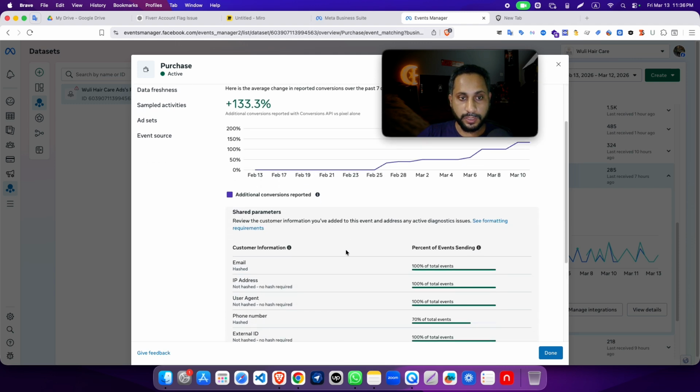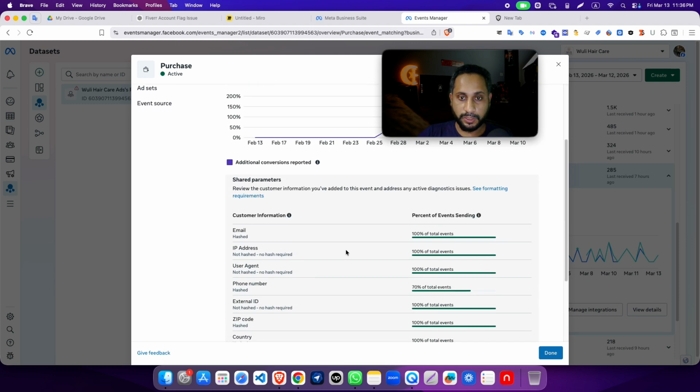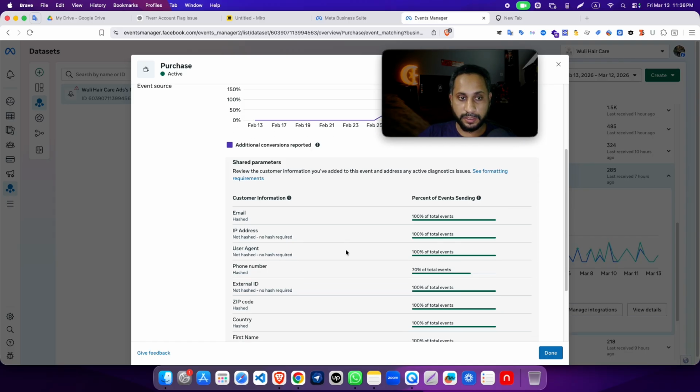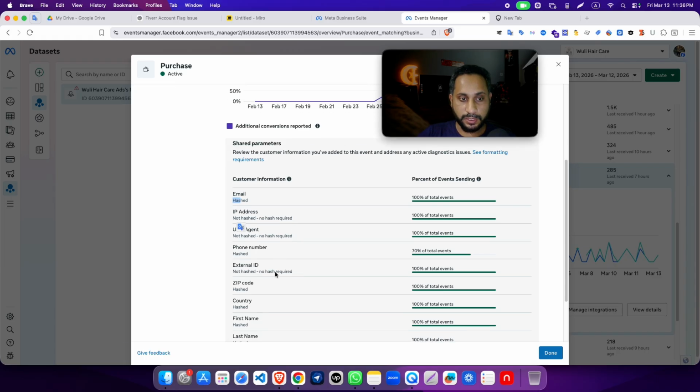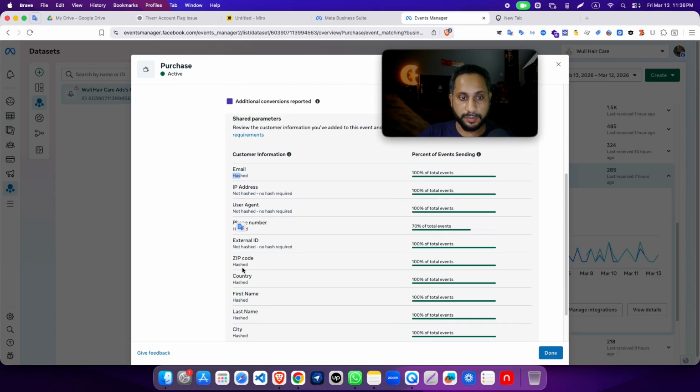We have to send it hashed. The IP is not hashed. The zip code is hashed, the country is hashed, and the first name and last name are all hashed. So we have to send the user data from both sides, and right now they are getting 100% of the data.